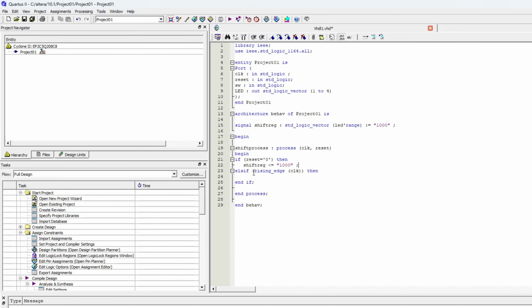Now what will happen at the rising edge of clock? So if switch is pressed, suppose I give it a name, button pressed. If button pressed is equal to 1, then we need to shift our data into the registers, right? So we will have shift register